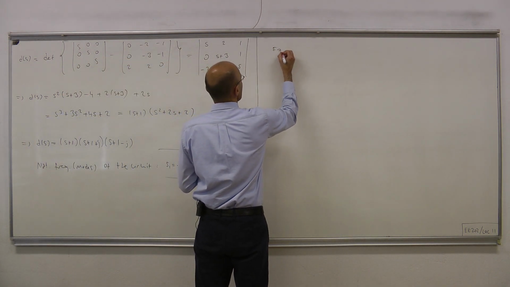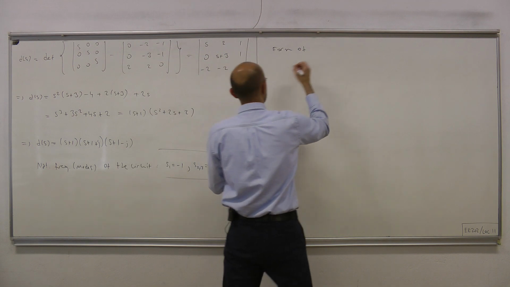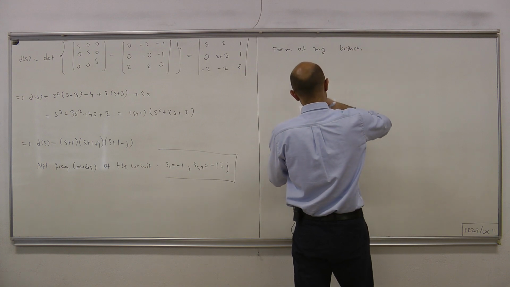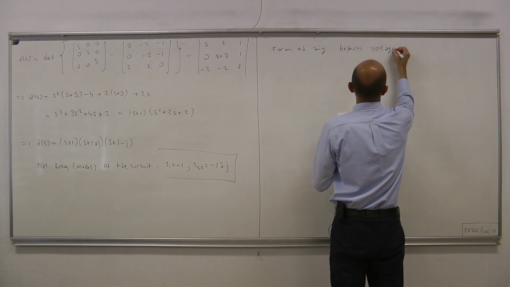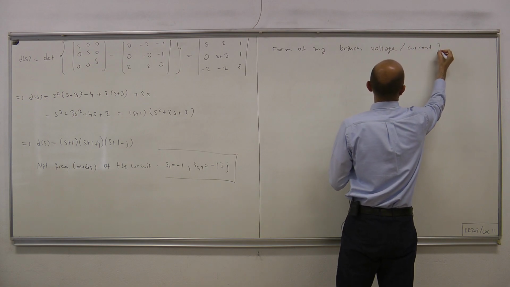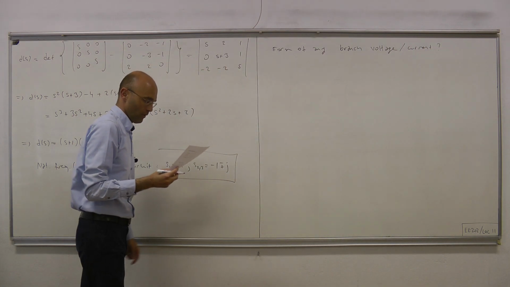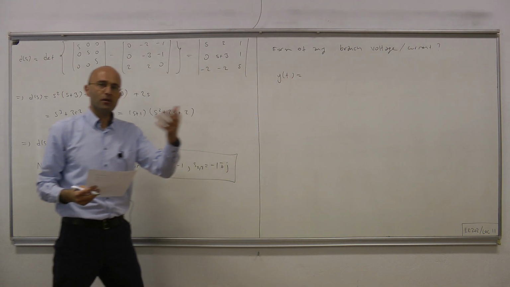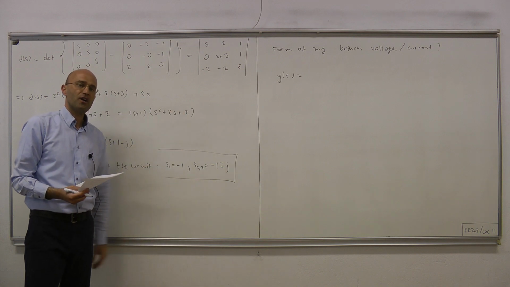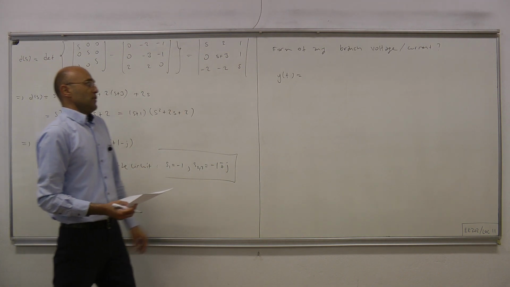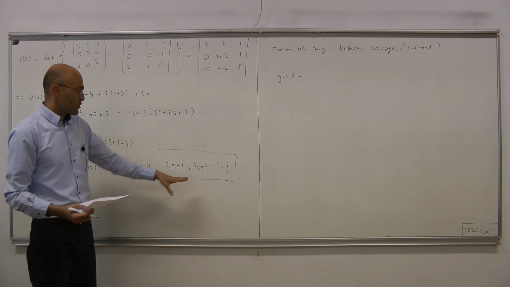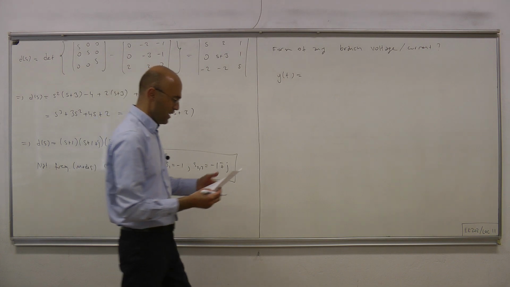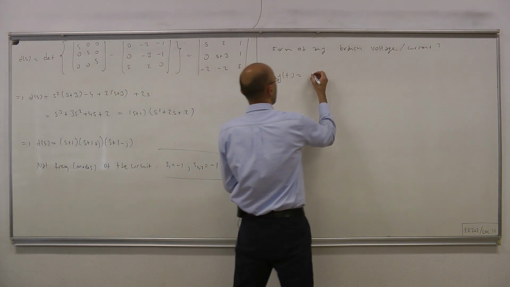So, the form of any output of the circuit, any branch voltage or current throughout the circuit, has to be of this form: y of t equals. Now, in general, we choose the initial conditions arbitrarily. Because of that arbitrariness, we expect all the natural frequencies to appear in our arbitrary solution. Therefore, a general solution will have something